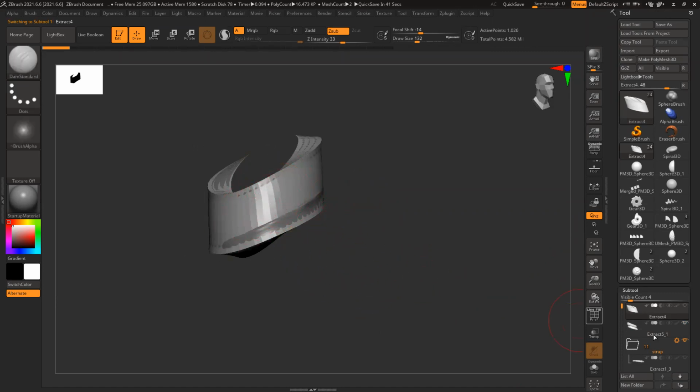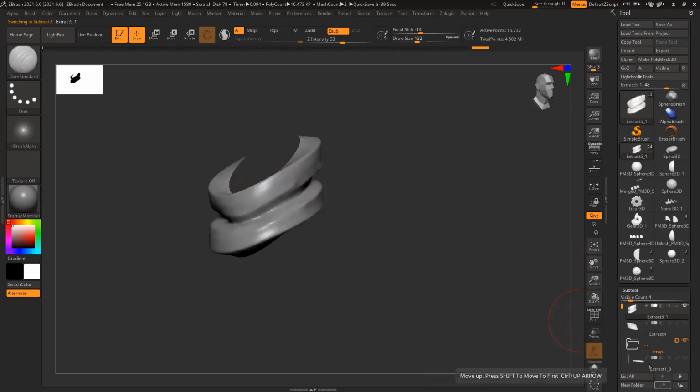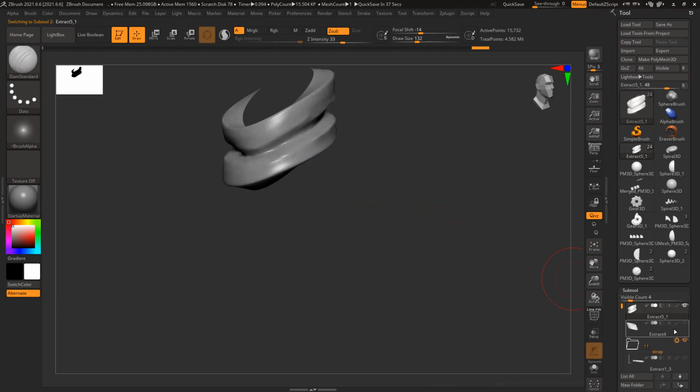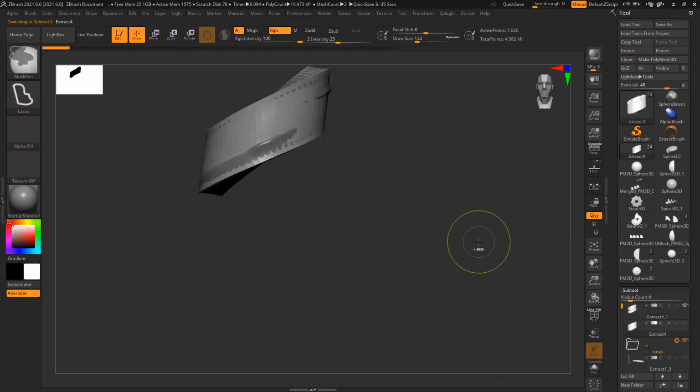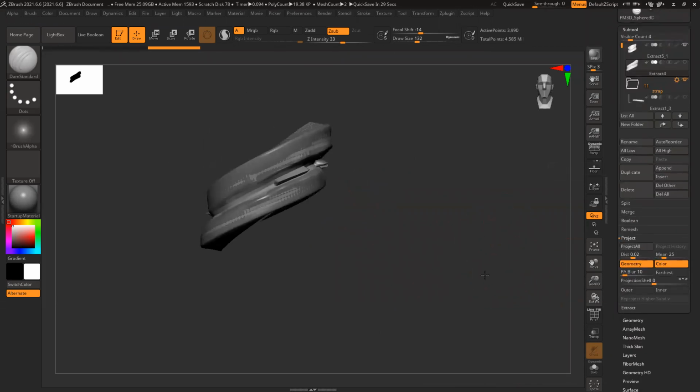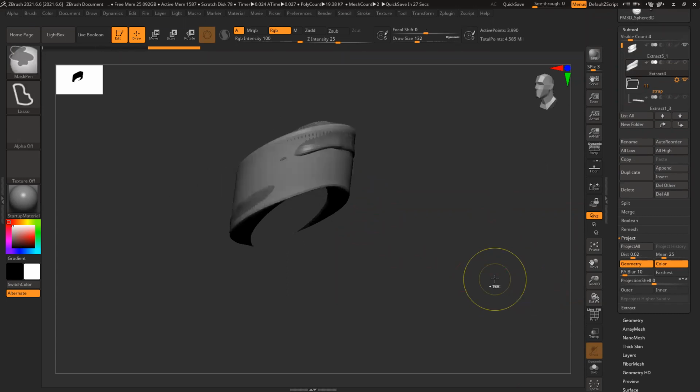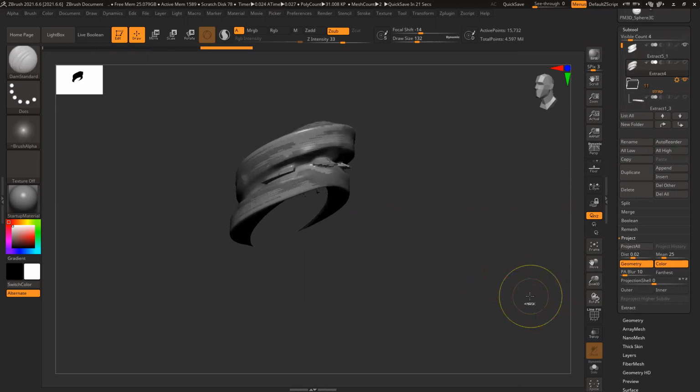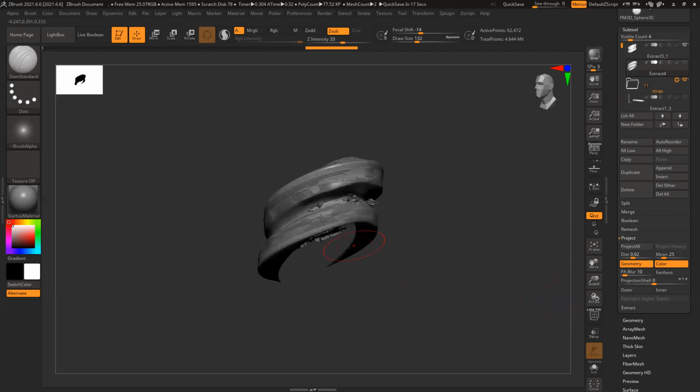So what I'll do, I'll move this detail thing up, and the lower one is my low poly. Control D, add some subdivision levels. Go to project, click on project. Control D. So it should work now. Project, Control D, project. So it's working.